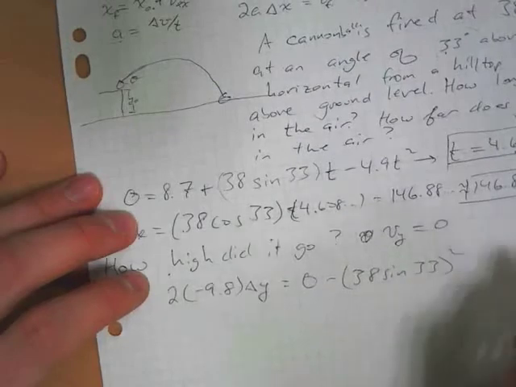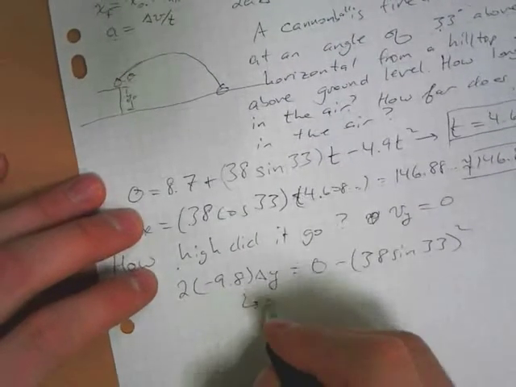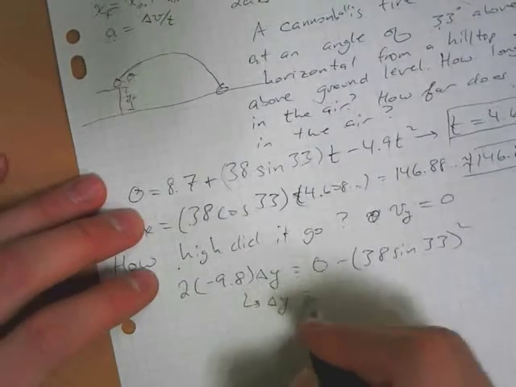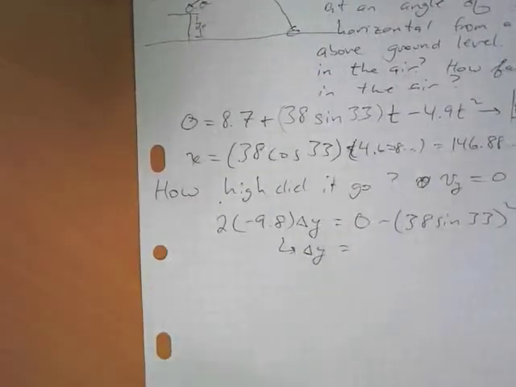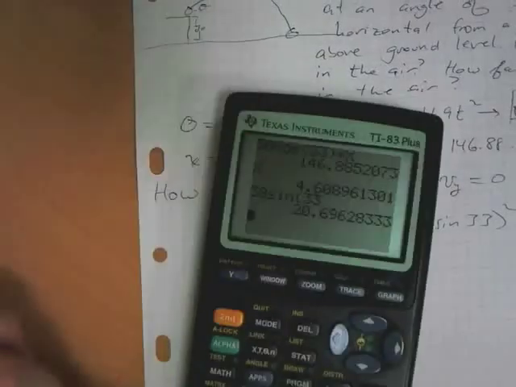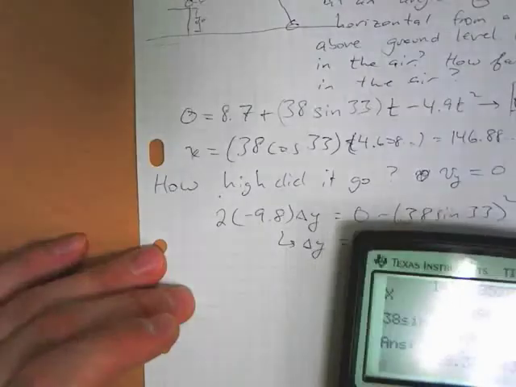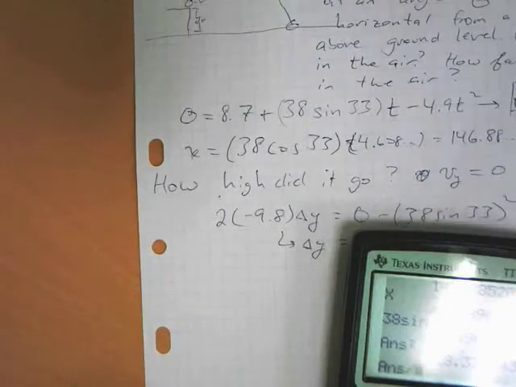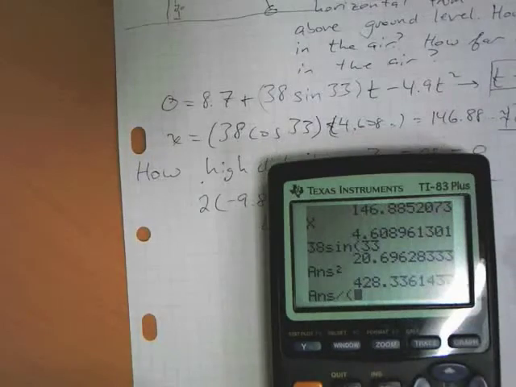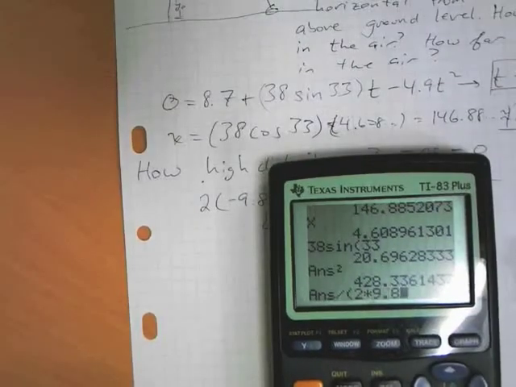And if we do some algebra, we figure out that our delta y is (38 sine 33) squared, and then we divide by... that should be negative, but then the 9.8 is also negative, and so the negatives cancel out. Divide by 2 times 9.8. We get that our delta y is